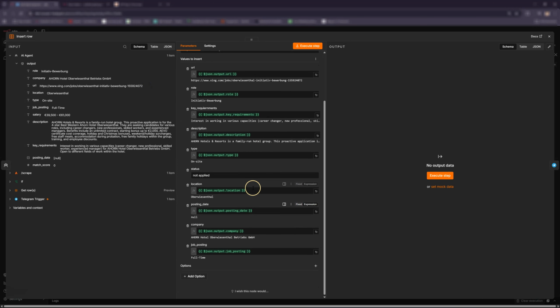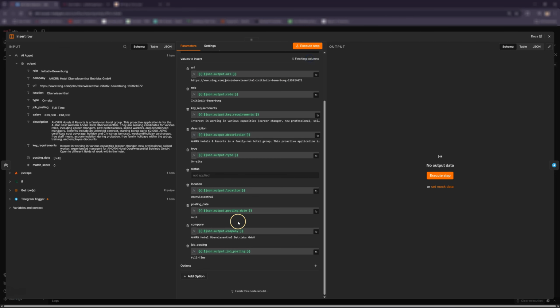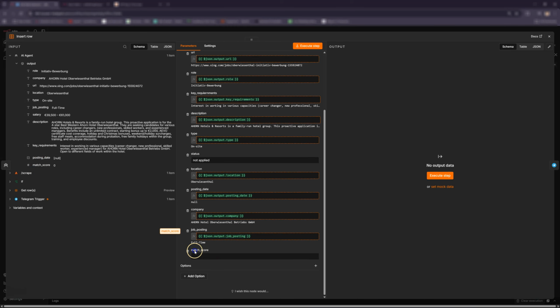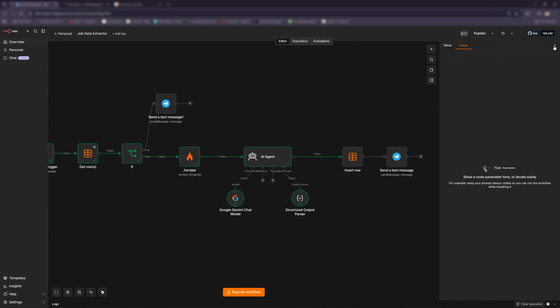And here we have to add the field in our database as a column. Scroll in here, refresh, we have it here, and yeah, so we have it here and it will store, but I don't want to store the irrelevant